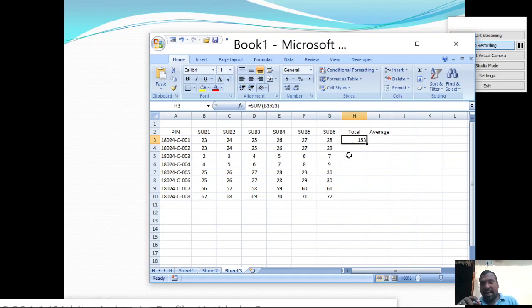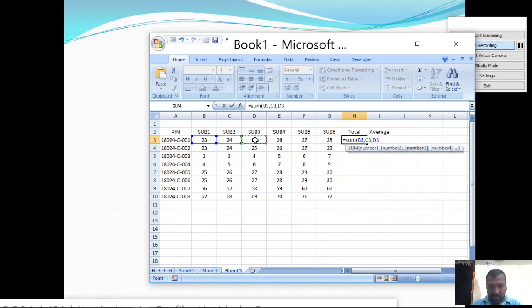It is going to add the sum of the cells that are given. So here B3 colon G3 means it is a range of cells. For example, here I am writing equals sum, B3 comma C3 comma D3, E3, F3, G3, and then closing the bracket.